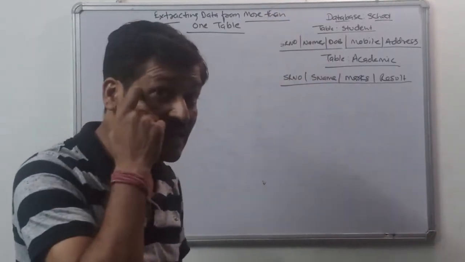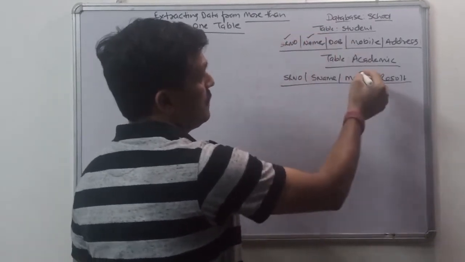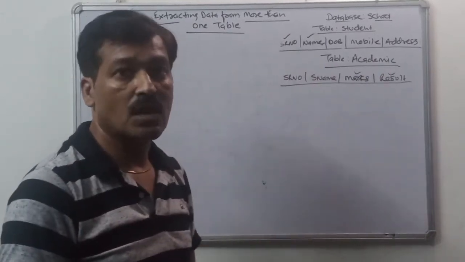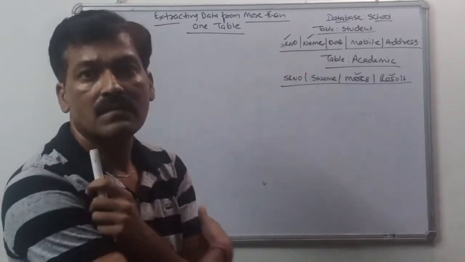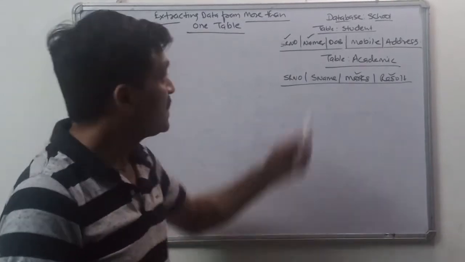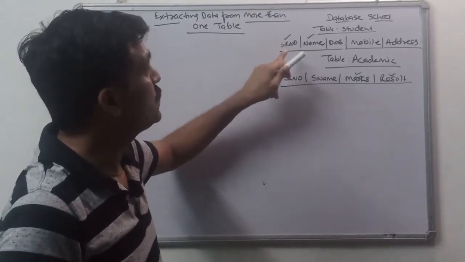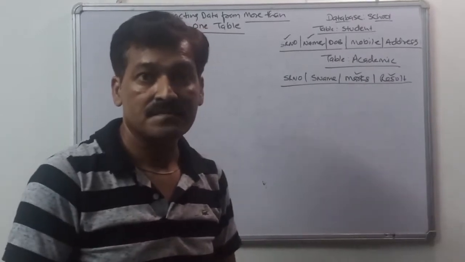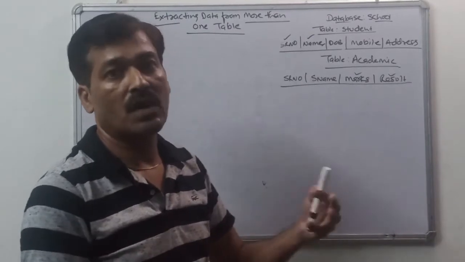Now my requirement is, suppose I need to print serial number, name, marks and result of both the student from both tables. I am not going to print the whole table, either student or academy. मैं क्या चाहता हूं कि दो कॉलम यहां से, यानी कि अगर सीरियल नंबर 101 है तो सीरियल नंबर 101 का नेम यहां से आए और सीरियल नंबर 101 के मार्क्स और रिजल्ट यहां से आए. बिकॉज वर्चुअली व्हाट आई मेड बोथ ऑफ दीज टेबल्स कनेक्टेड थ्रू फॉरेन की.